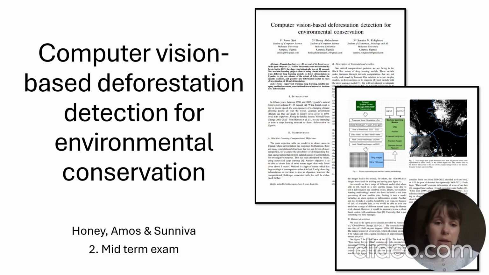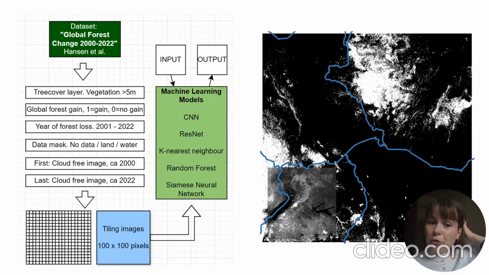This video is basically just an explanation about the paper that we have written about computer vision-based deforestation detection for environmental conservation. The paper is shown here on the side, and its introduction is a lot about the state of deforestation in Uganda, which is quite relevant, but will not go that much into that here. Firstly, in the paper, it explains this